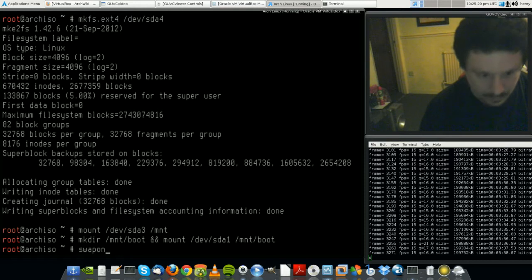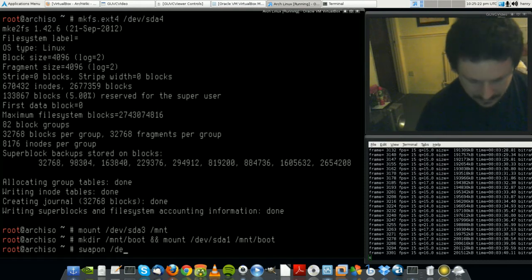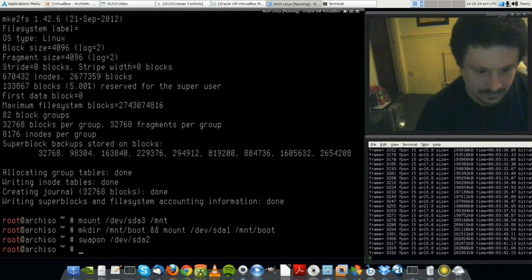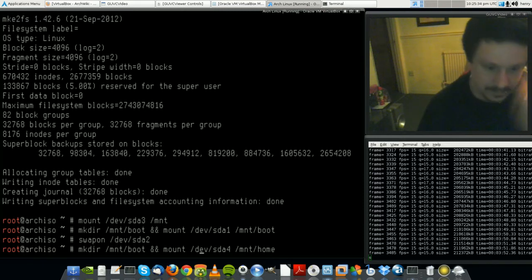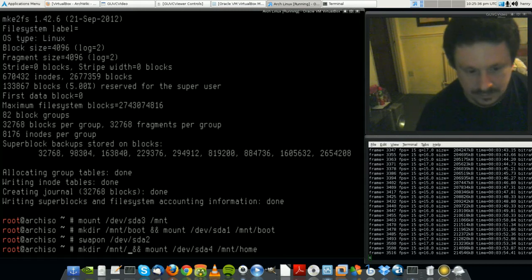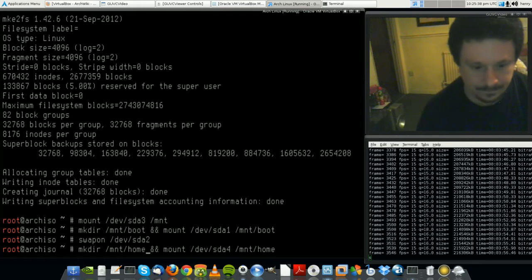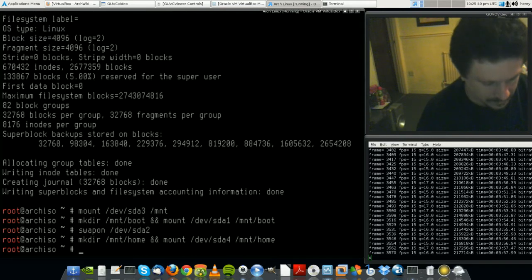And on this one it's swap on /dev/sda2. What I usually do is just push up twice, change boot to home, change sda1 to sda4, change that boot to home, and press enter. Now what we do here